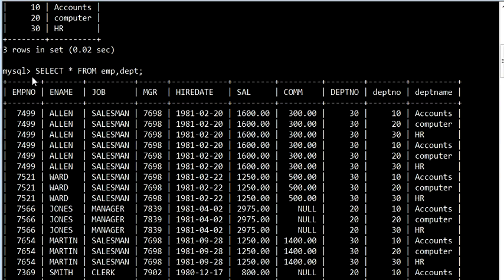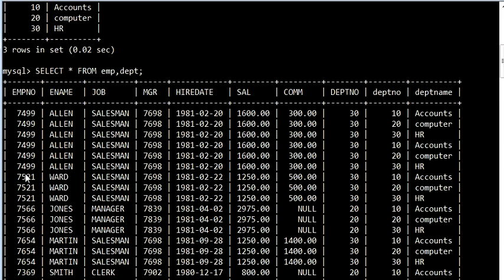So here you are getting it as 10 accounts, and the second row is also of Allen, that is combined with the second row of your department table. The third one is also an Allen, that is the first row of your first table, that has been joined with the third row of your department table. Okay, I hope it is clear how a Cartesian product is being implemented in our joins.